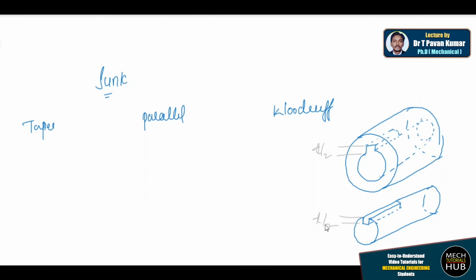That is the reason the key will sit properly and intact in both the elements, hub and shaft, and take heavy loads. There won't be any chance of skipping out in case of high forces or high load conditions. That is the reason I said sunk keys are used in heavy duty applications.